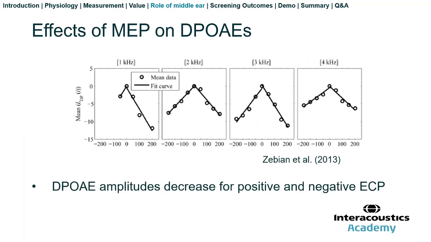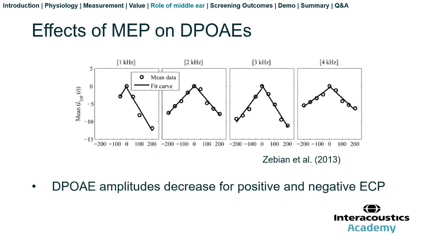So there's another study, Zebian in 2003. They applied pressure in the ear canal across the range of minus 200 decapascals to positive 200 decapascals, and this is showing the normalized, which is 0, ambient measurement, which is kind of like a baseline, and then as you deviate from the side of this peak here, that's the application of the positive and negative pressure, and they looked at the relative level relative to baseline. And they looked at all these different frequencies, F2 frequencies, 1,000 hertz, 2,000 hertz, 3,000 hertz,